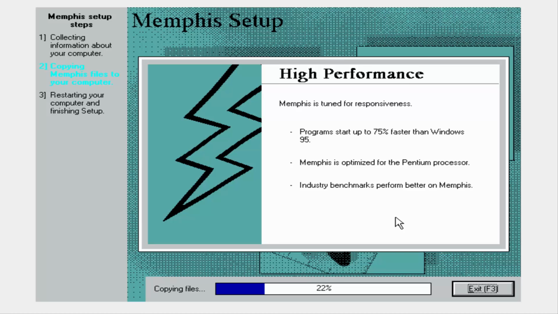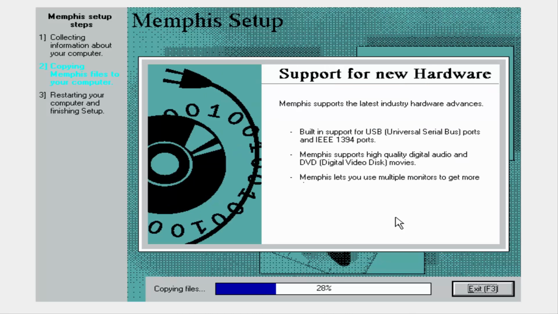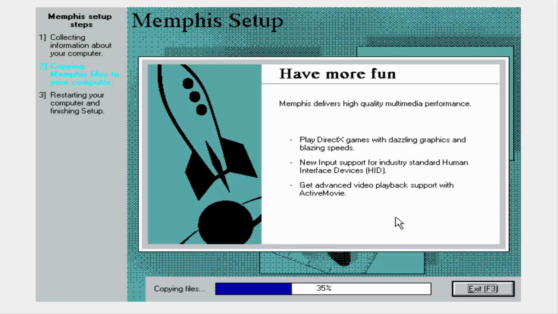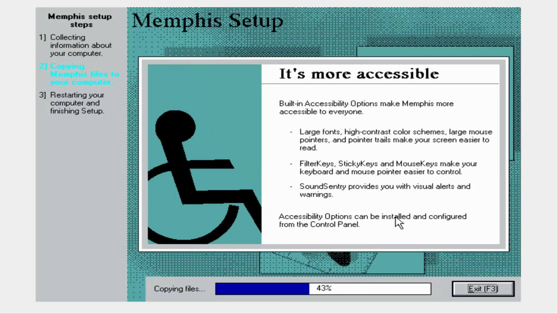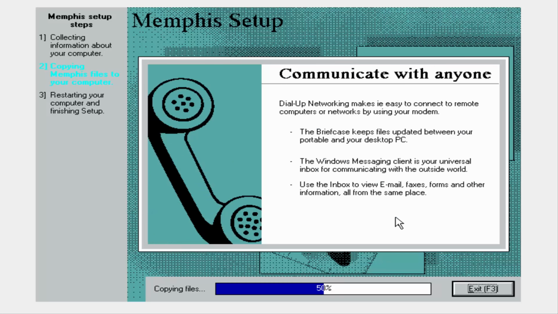So here we go. Let's see if we can get through this setup. It looks like this setup is actually going fairly quickly. It doesn't have the time remaining for the setup here, is what I can see. So I'll let you guys read some of these little screens here so you can see what these are all saying, which is pretty good. So pretty much there's nothing really prominent about this build,